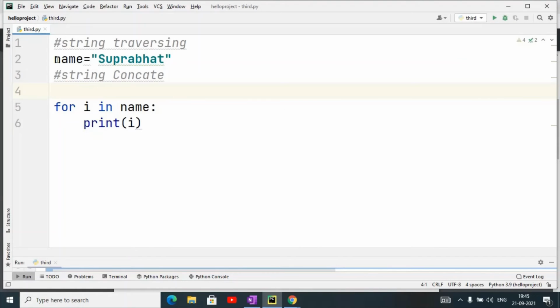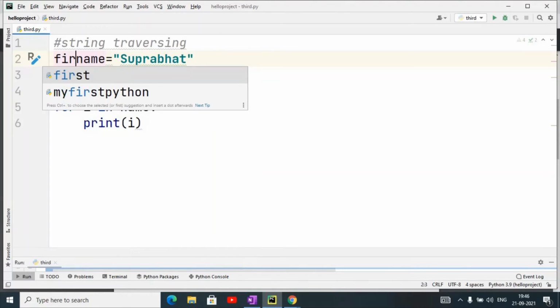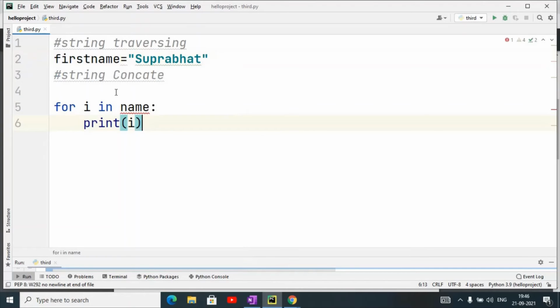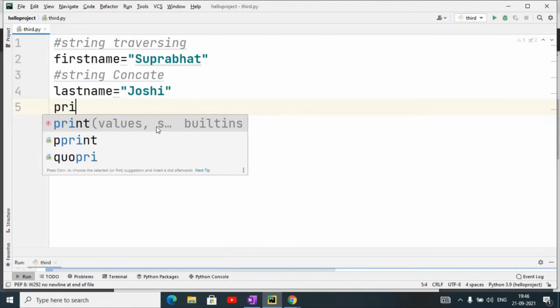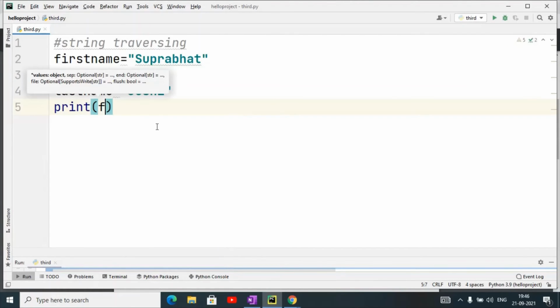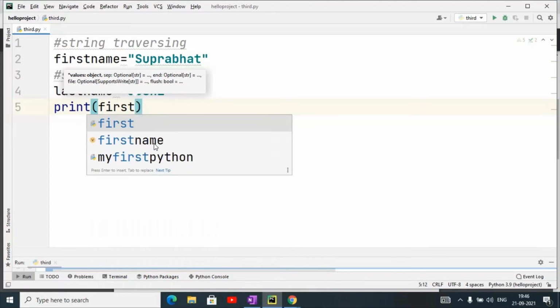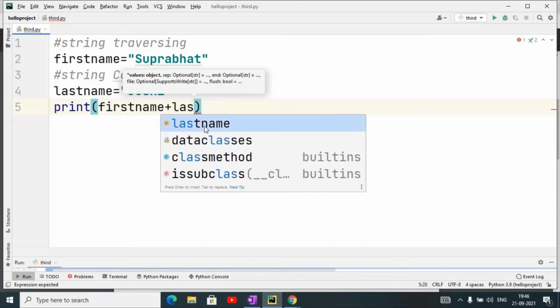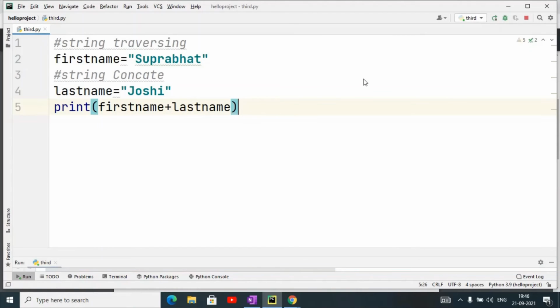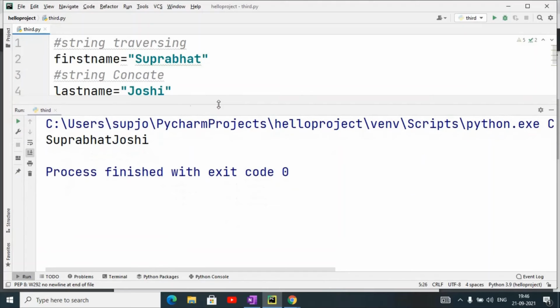First name, then last name. If we simply print first name plus last name, it will concatenate the two strings, that is Suprabhat Juicy.